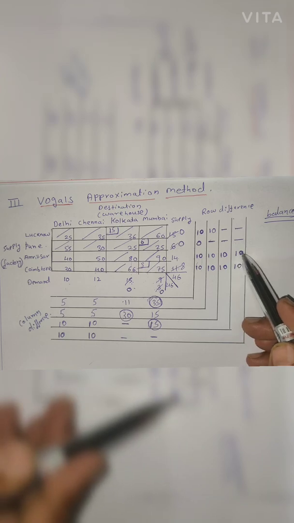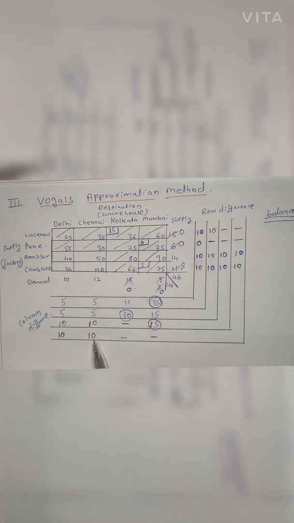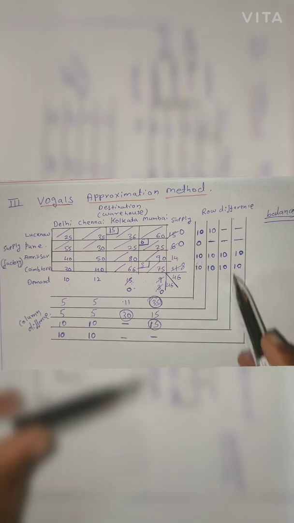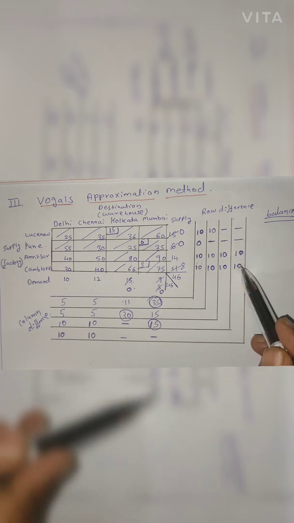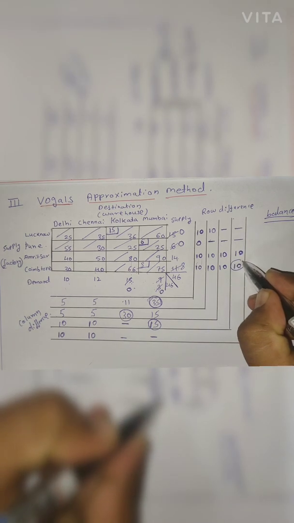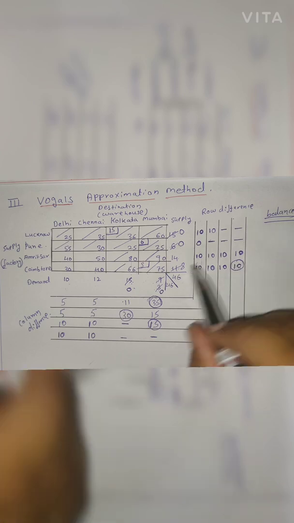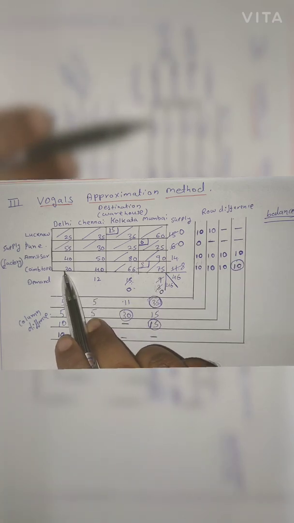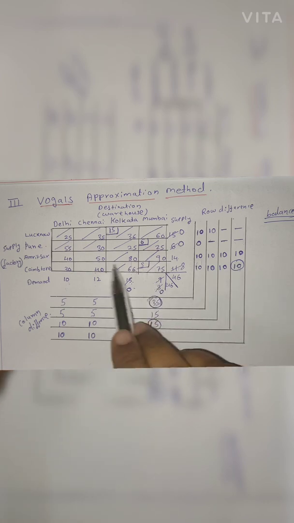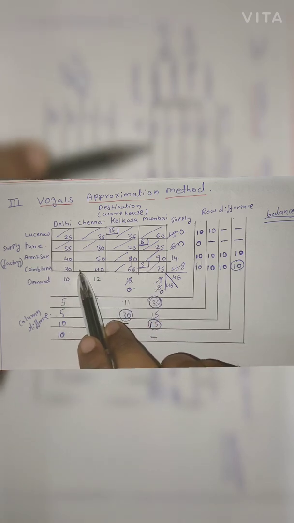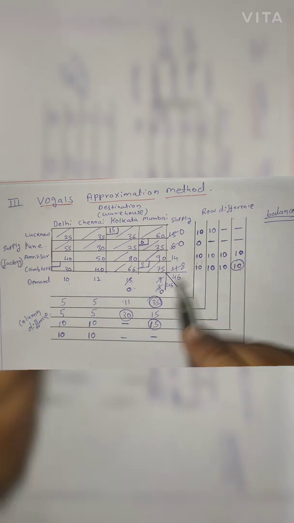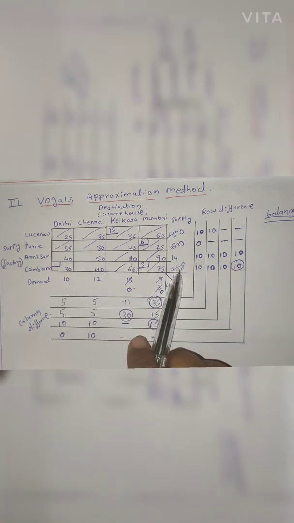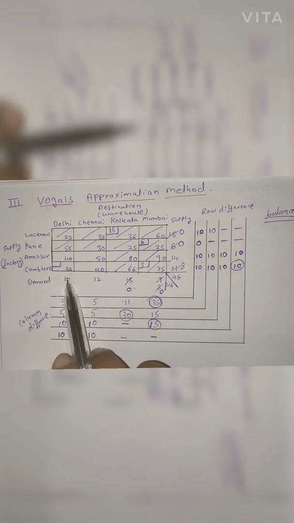Now in this case we got two tens in the row, two tens in the column, so all values are equal. So you can choose any one of the values. I'll choose this 10 value. When I choose this 10, we'll go to the corresponding row, because this is on the row side. Now in this corresponding row, which is the lowest value, 30 or 40? It is 30. So we'll put a box at 30.